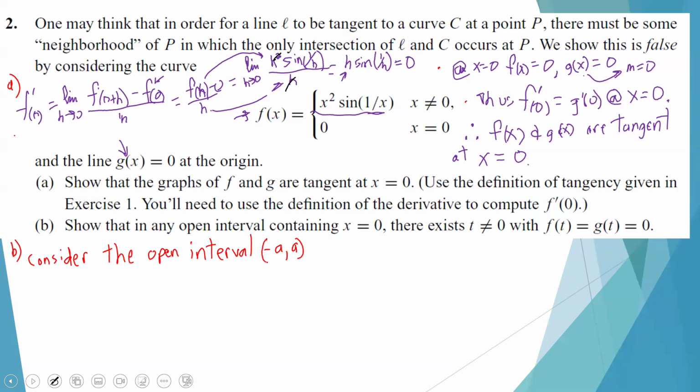That's a nice open interval, a perfect open interval. Then, since it's any open interval, that's why I used a, containing x equals 0, because negative to positive means there is going to be a 0 in there. Then for this to happen, f of t, for some t in that interval, to equal g of t,